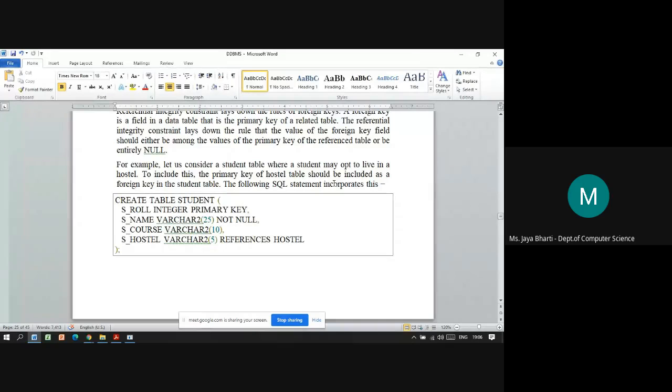It will not allow you to delete it until you delete its previous connections. If you try to delete it, it will tell you to first delete the previous occurrences or the connections with the other table. Means first you will delete the records of that particular employee from the remaining tables which are connected.